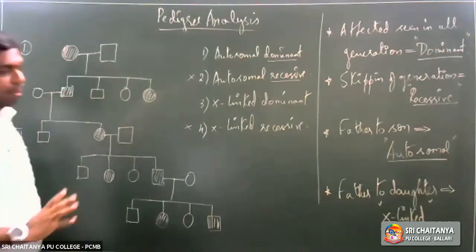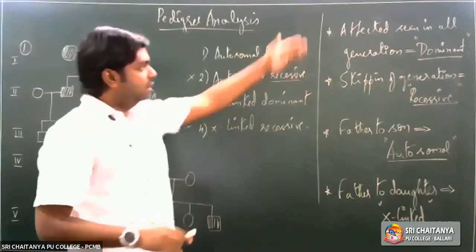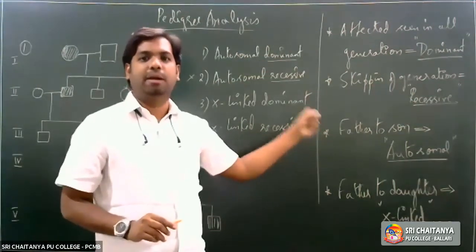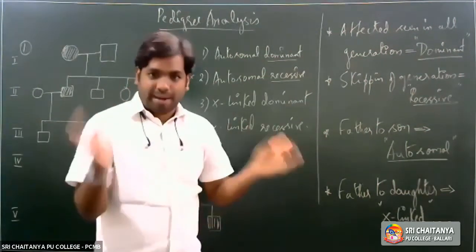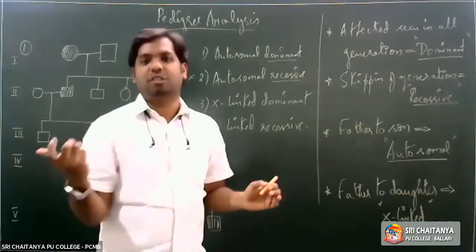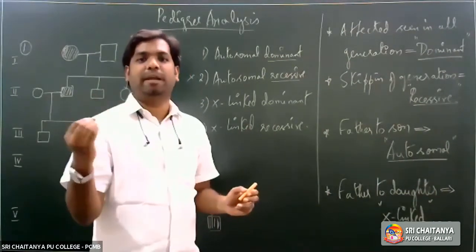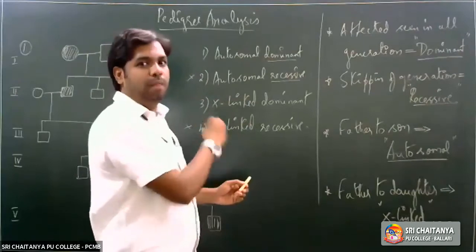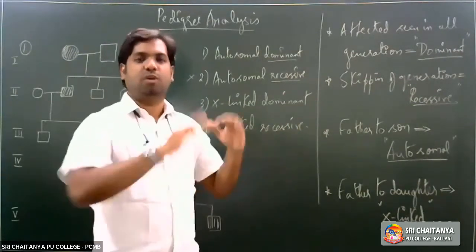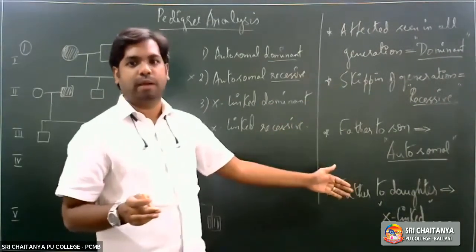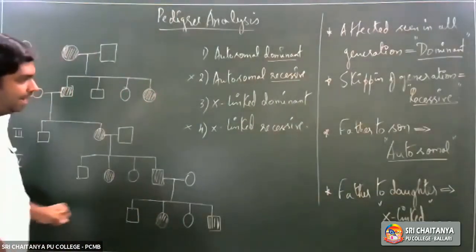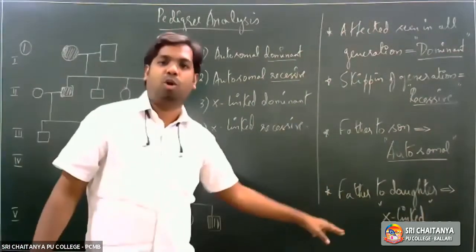One more thing you need to remember here is that all these rules have been given based on observing several pedigree charts, but it is not always true for every case. We just use them for our identification. Keeping this in view, one more thing you can add on to this.